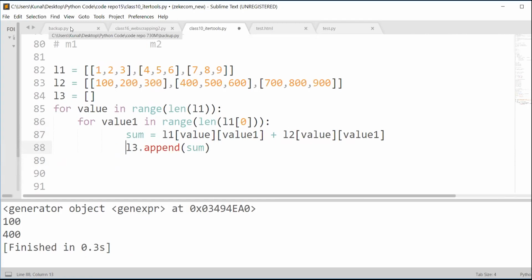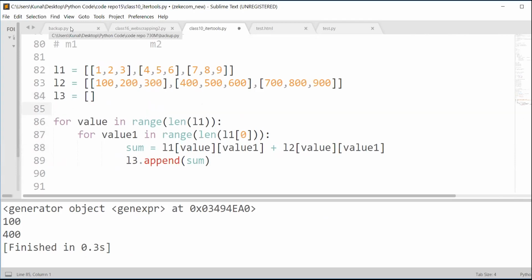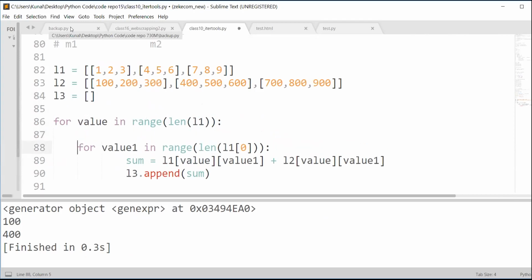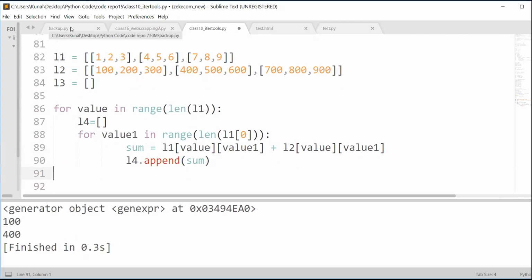We have to make actually 2 lists. So the first, let's say L4 as well. Where should I define it here? We can define it inside, just between the two for loops. L4 equals empty list, and then keep on appending. At the end of the first for loop, append it. So now I'm saying L4 dot append sum. And outside of the first for loop,